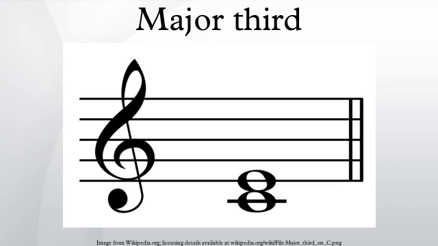In classical music from Western culture, a third is a musical interval encompassing 3 staff positions, and the major third is a third spanning 4 semitones. Along with the minor third, the major third is one of 2 commonly occurring thirds. It is qualified as major because it is the larger of the 2, the major third spanning 4 semitones, the